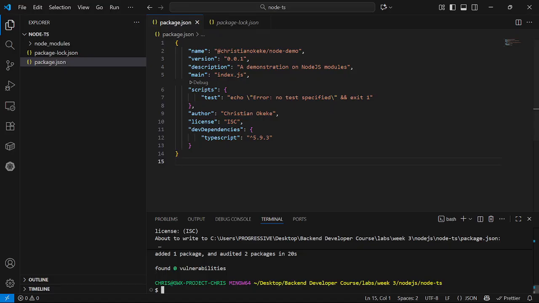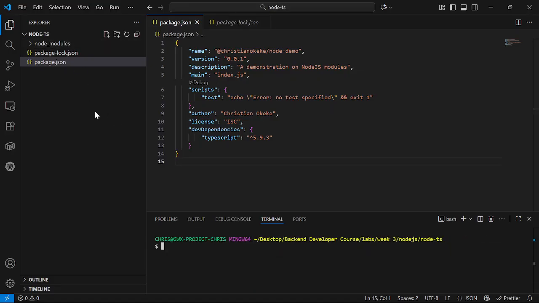So I've installed TypeScript. Now I need to initialize TypeScript. I need to make this project a TypeScript project. Like it is now, I've installed TypeScript, but it's not a TypeScript project. And how do I do that? I need to initialize TypeScript, and I will just initialize it with this command. TypeScript has this command